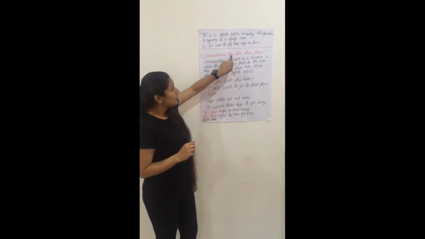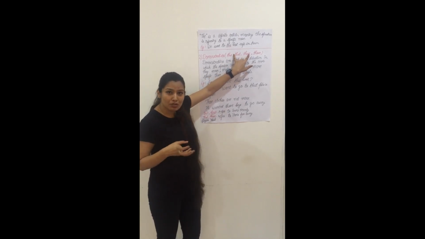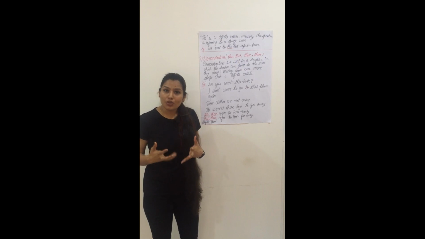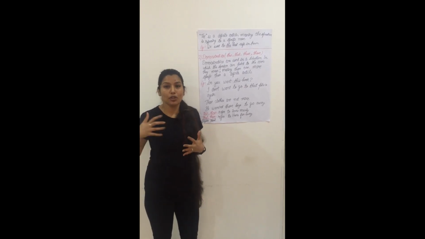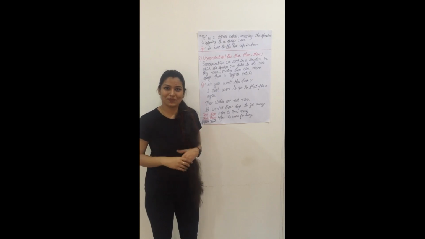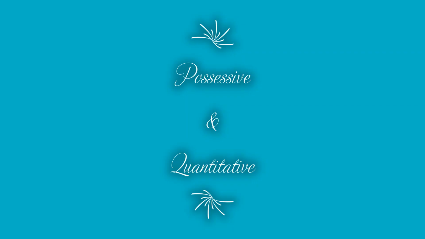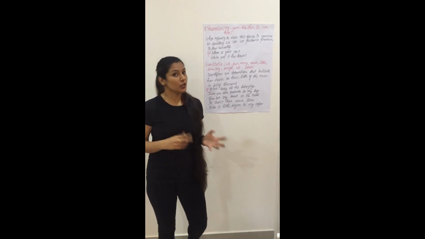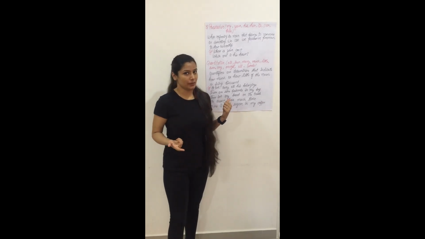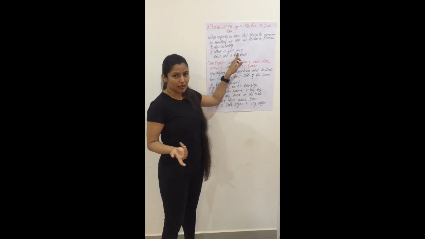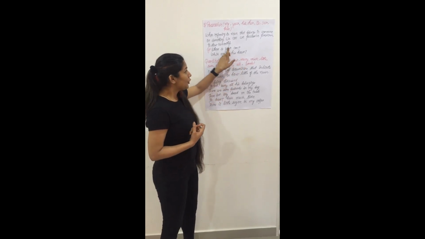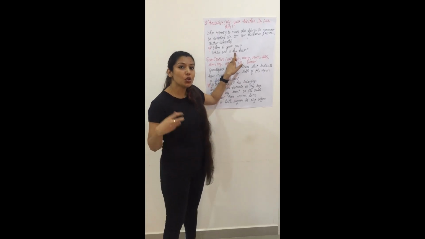So now, this and these two demonstratives are used to refer to the things which are close to us. And that and those, these two determiners are used to refer to the things which are far away from us, or you can say which are at a distance from us. Possessive determiners are used to refer to the noun that belongs to someone or something, and it also shows ownership. For example, where is your car? Which one is his house? So in these two examples, you must have seen that the words your and his are used to show the ownership.